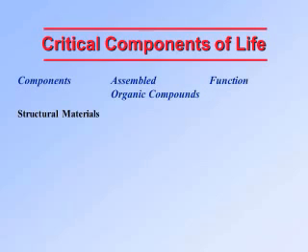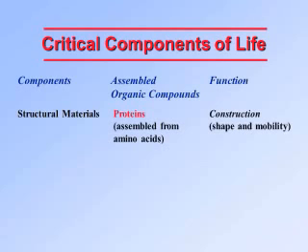Life as we know it on Earth appears as a synthesis of two macromolecular systems. The proteins, because of their versatility and chemical reactivity, do all the work, but are unable to reproduce themselves in any simple way. So one of the great class of molecules is protein. Structural materials are proteins. They make up the shape and mobility of living things. So we call them the structural materials. They're proteins.